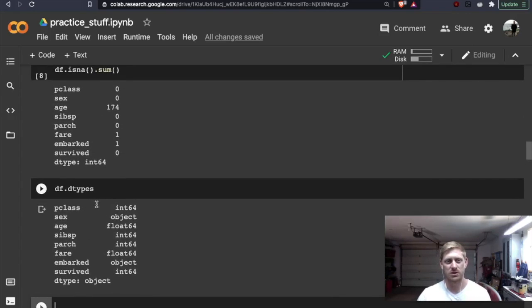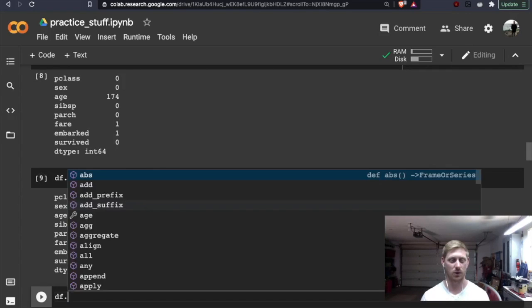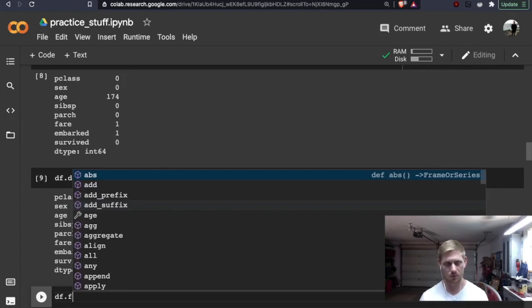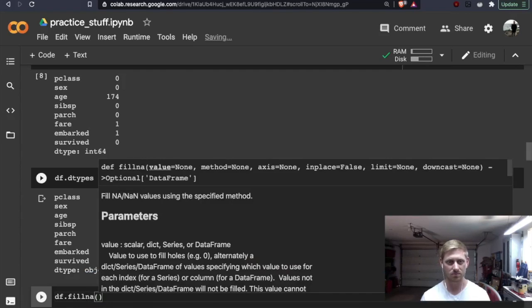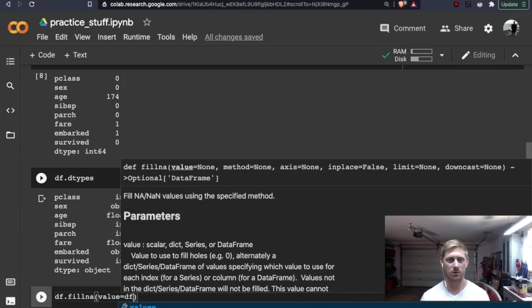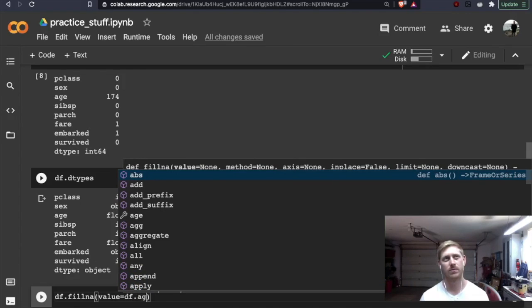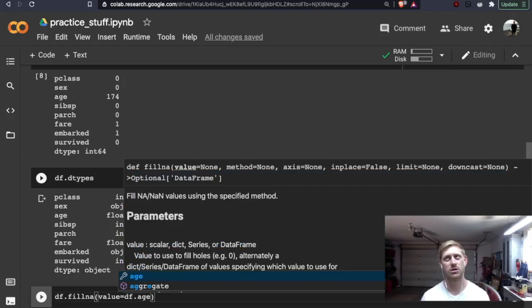So for the sake of age and the sake of time, what I'm going to go ahead and do is we'll just go ahead and fill the age with our mean value, but let's go ahead and see if we can do it by P class. So how do we do that? So we go ahead and fillna, and then from there our value would go ahead and equal dataframe.age.